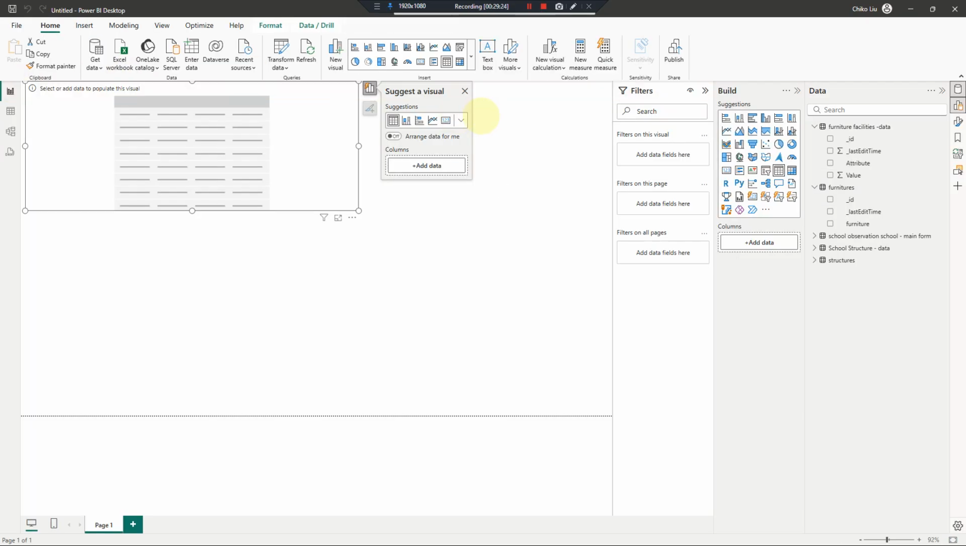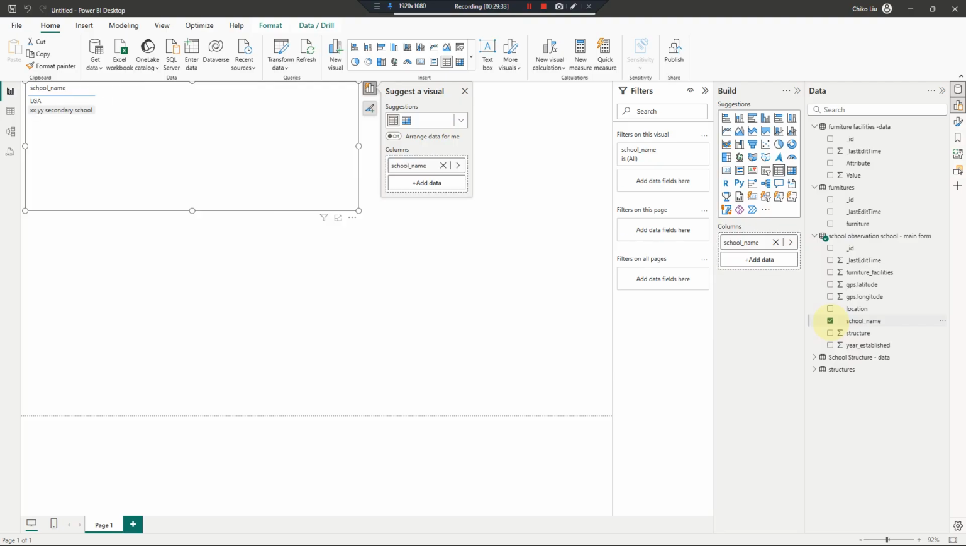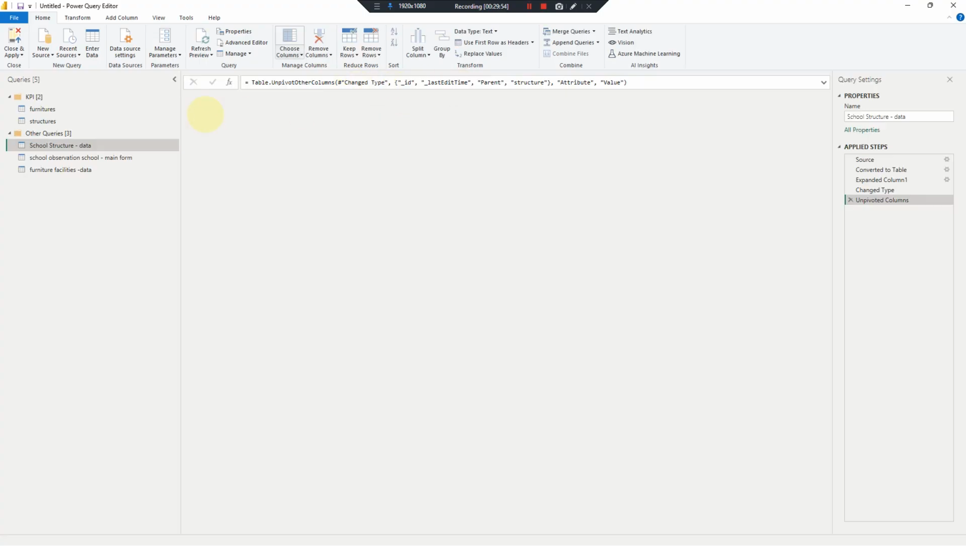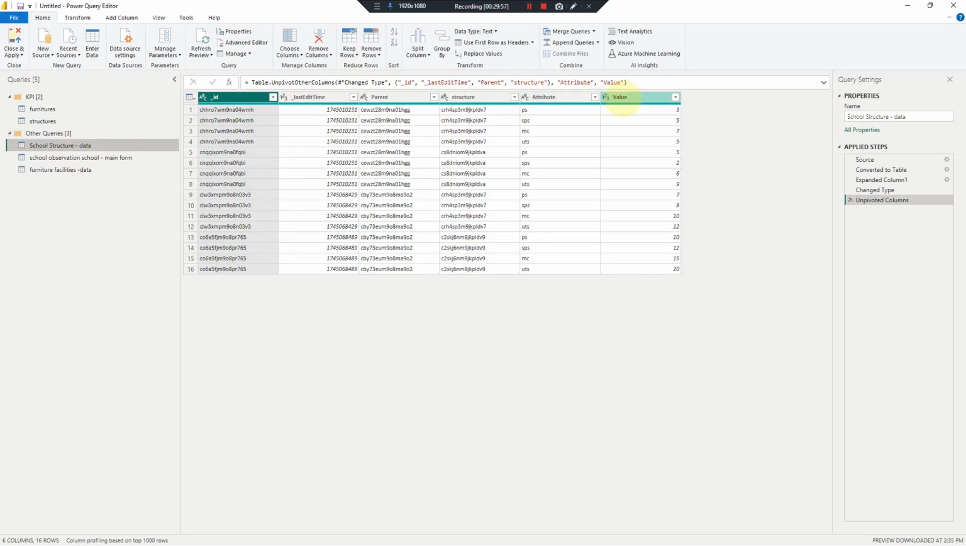I'll go back to my report. Let me start clicking on school name. Let's see. Again, I'm just clicking random stuff. Don't really mind. What else? So for the facility data, oh, I'm supposed to even rename attributes, right? So I'm supposed to rename this attribute. So what do I name? So I'll just say